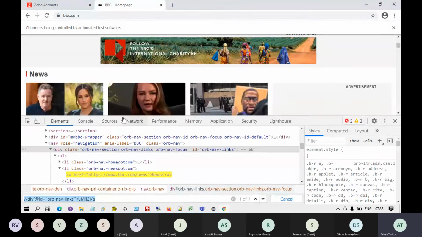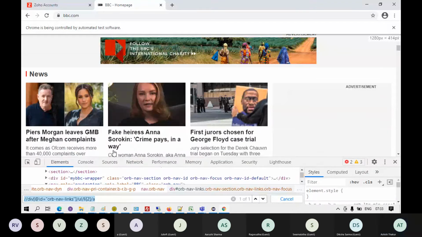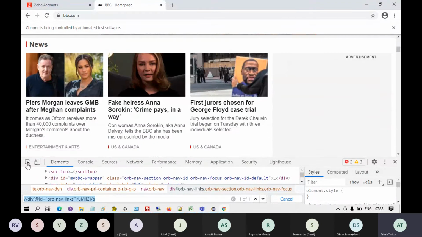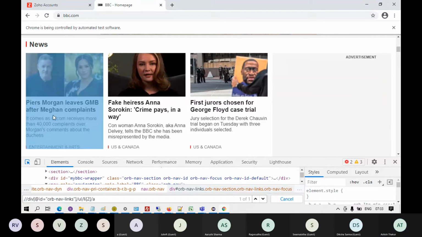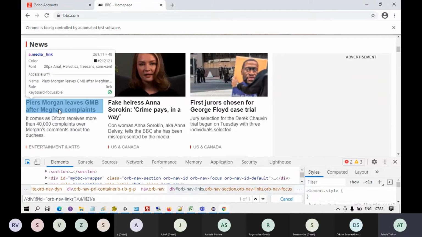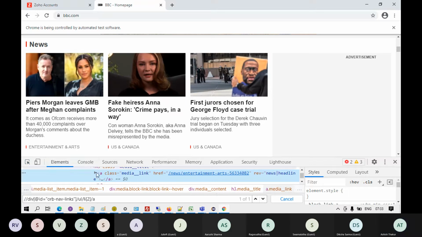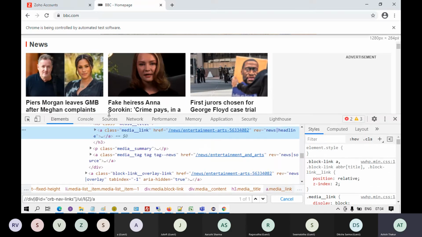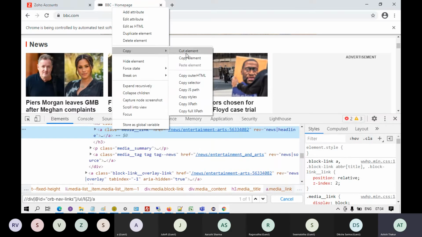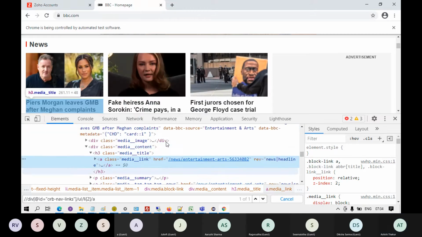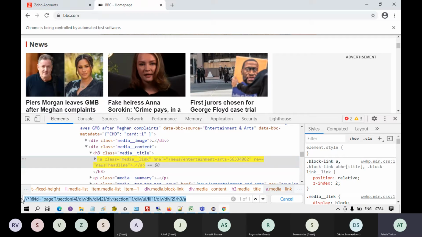If I look at, say, this link, and I copy the XPath of this link, this link has got no ID. You get an XPath something like this big XPath.